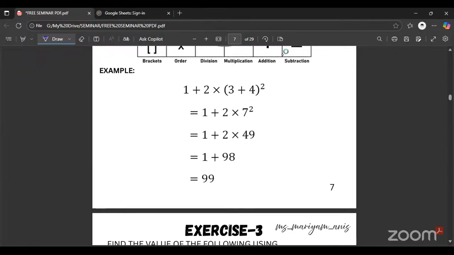Let's move on to the first example given over there. 1 plus 2 into 3 plus 4 to the power 2. Okay, first of all, we know that we will be